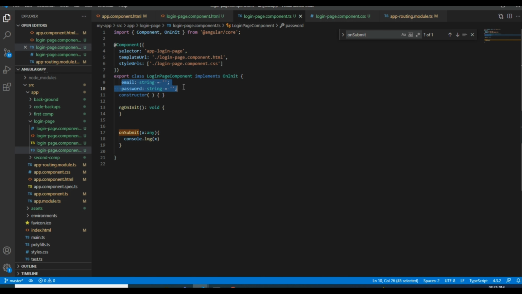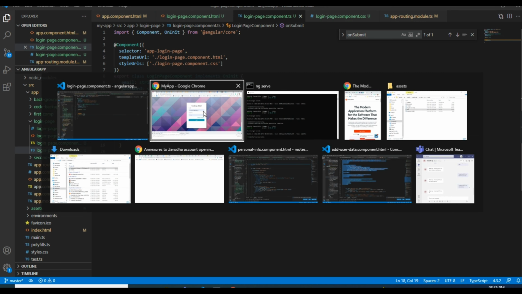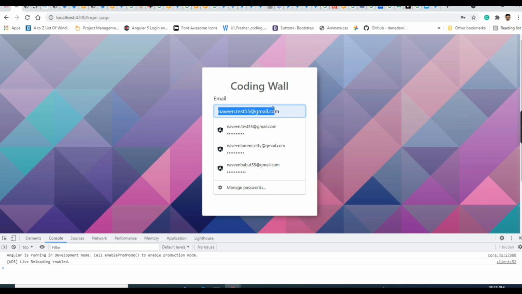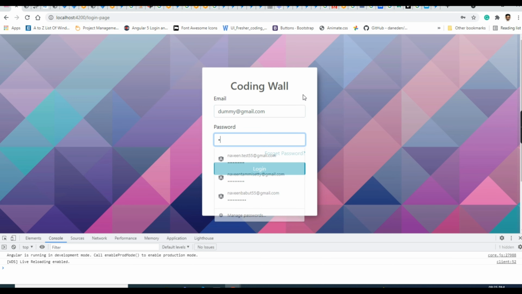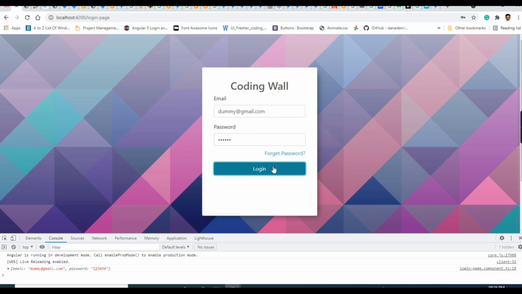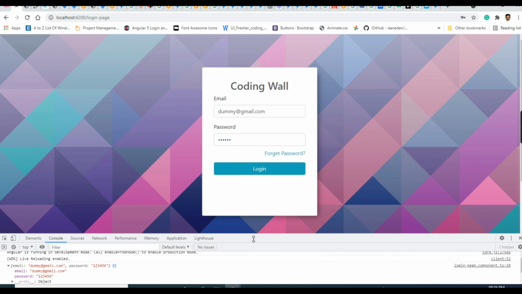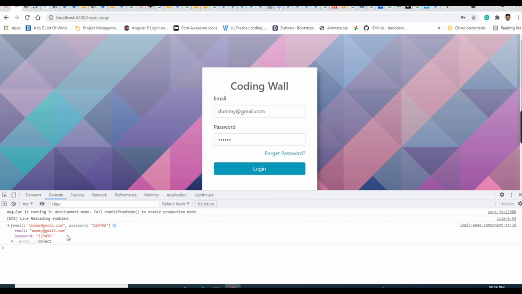By default I have given email and password as strings. Okay, so if I enter something like dummy@gmail.com and 1 2 3 4 5 6 and click on submit, see, I've got the values here. I'm capturing the email and password here.